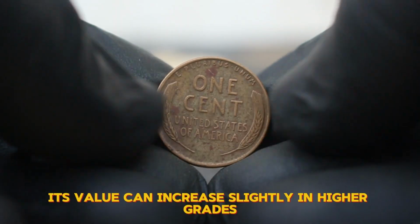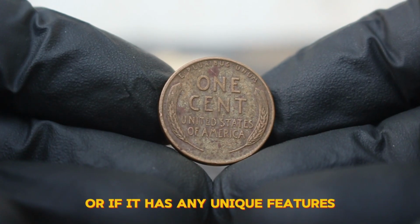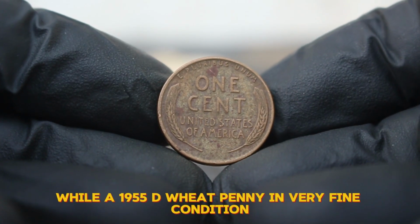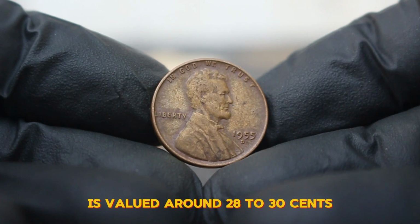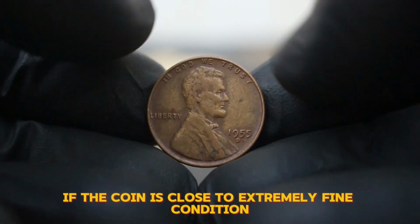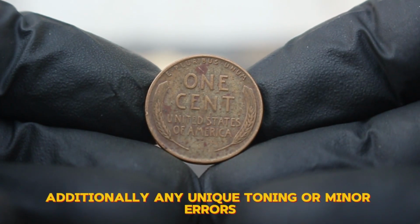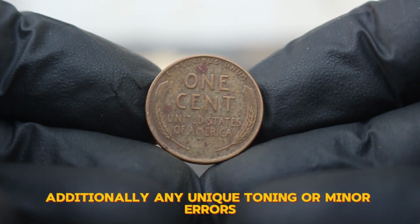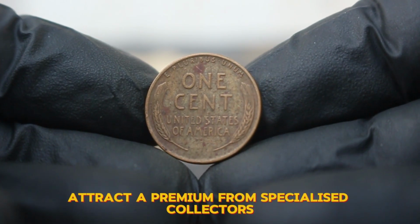However, its value can increase slightly in higher grades, or if it has any unique features. While a 1955D wheat penny in very fine condition is valued around 28 to 30 cents, certain factors can affect its value. If the coin is close to extremely fine condition, the price might increase. Additionally, any unique toning or minor errors, such as small die cracks or misalignments, can sometimes attract a premium from